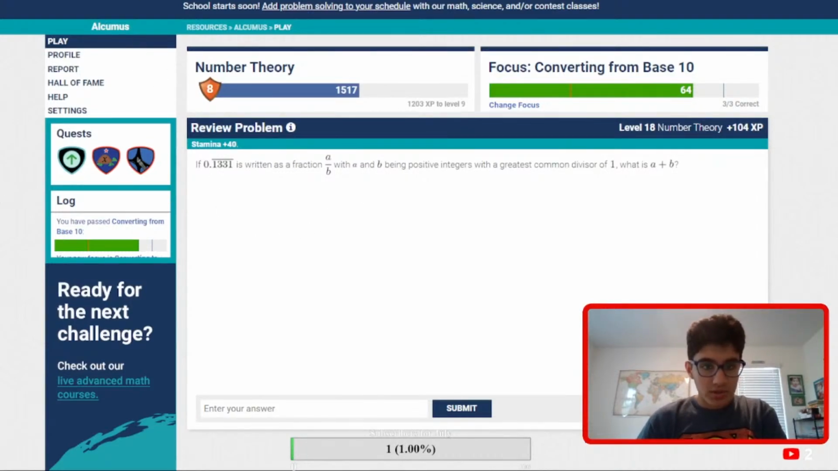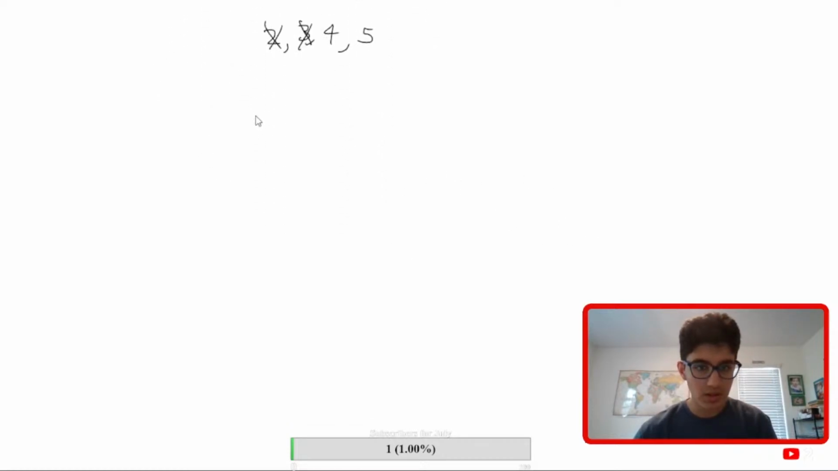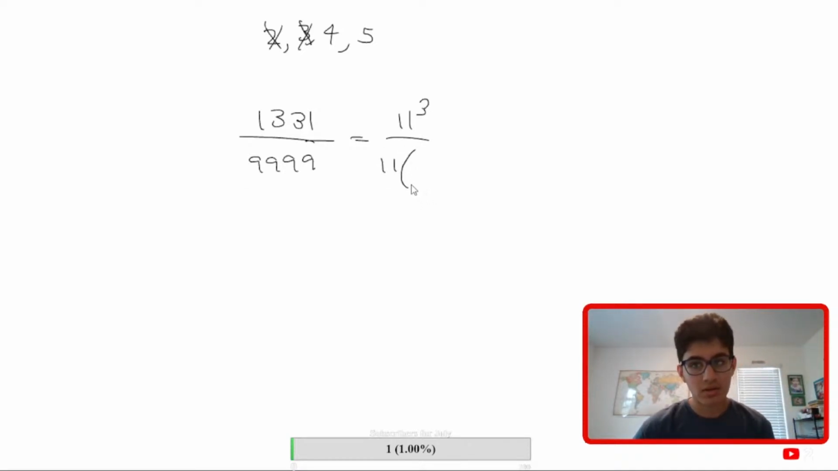Okay, so it's 0.1331. Wait, this is actually not bad at all. This is 1331, right? Let's scroll down a bit. Over 9999, right? That's what it is. Obviously, there's an 11. So this is 11 cubed divided by 11 times something. What is that something though? Because 9 minus 9 plus 9 minus 9, that's 0, which means it is divisible by 11. It shouldn't be hard to figure it out, right? It should be